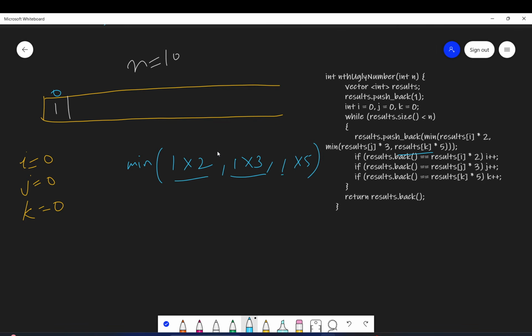So in this minimum, this will be 2, comma, 3, comma, 5, and the minimum will be 2. So this 2 will be pushed in this vector.